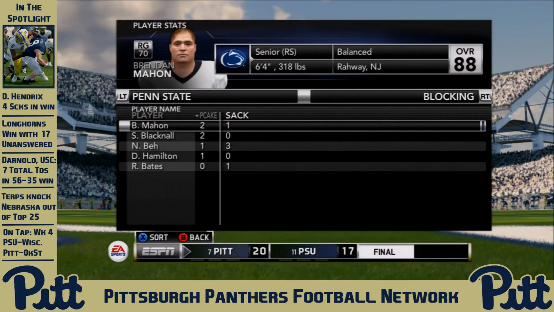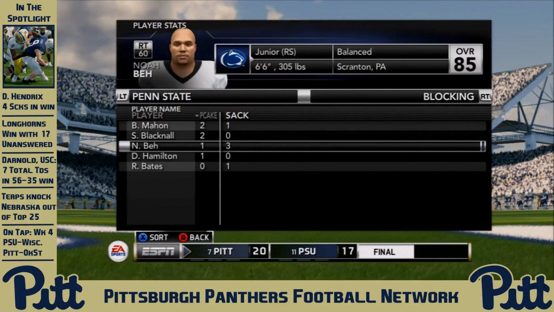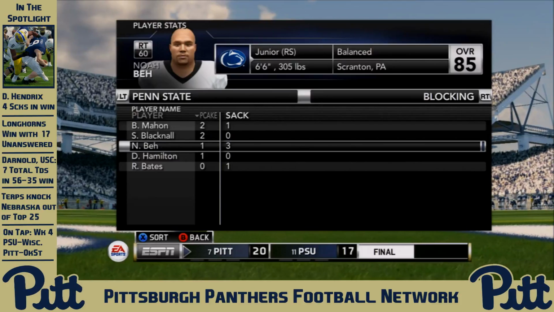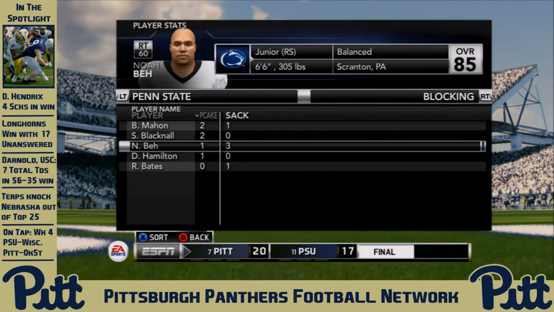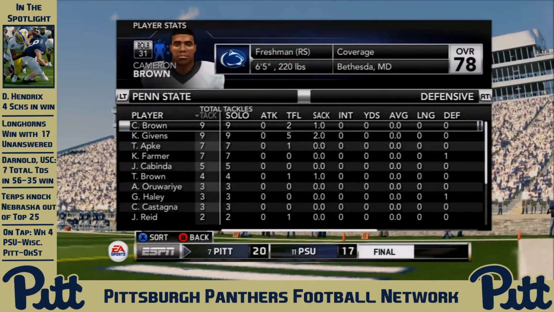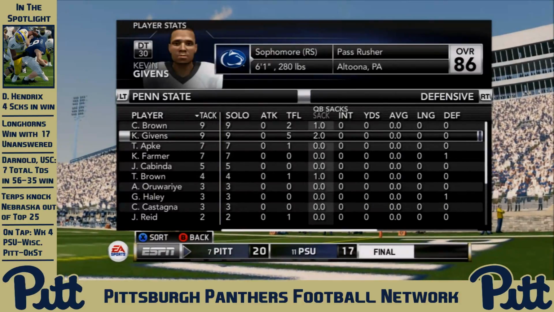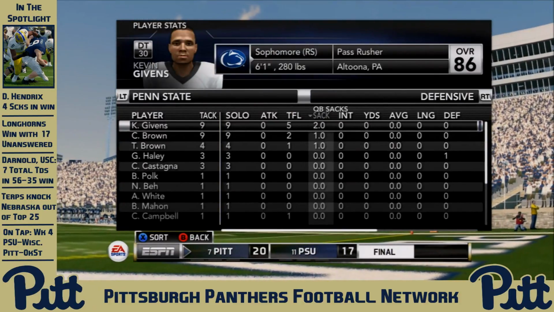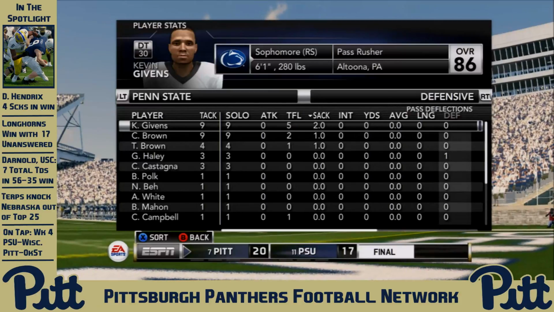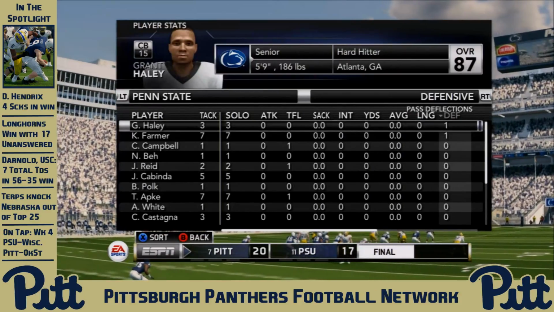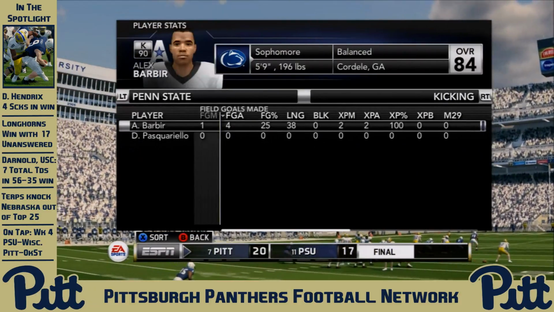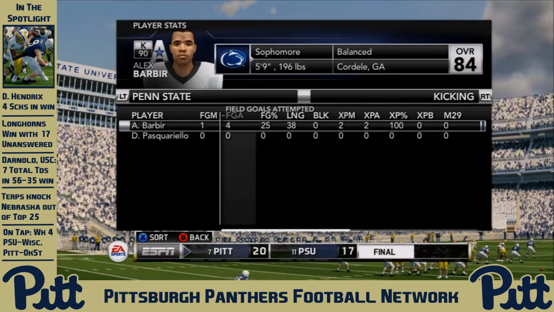Deshaun Hamilton led the way with 6 catches, but a bunch of different receivers made big catches all throughout. The one thing you'll say is Noah Bay was victimized by Dwayne Hendricks, who had, of course, a 4-sack performance, was fantastic for the Panthers, and that's who he took advantage of. Kevin Givens, though, for Penn State, 2 sacks, 5 tackles for a loss. He did the equivalent of a Dwayne Hendricks, had a fantastic game for the losing Nittany Lions, but Alex Barbier,